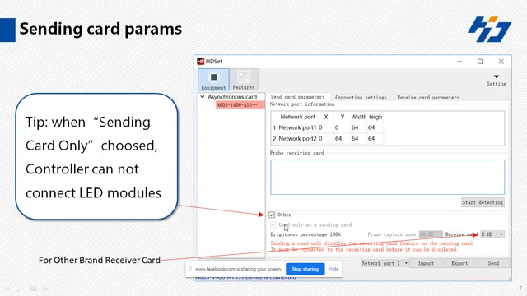तो क्या है, जब आप C15 यूज कर रहे हैं किसी रिसीविंग कार्ड के साथ और C15C या फिर C35C से आपने कोई भी मॉड्यूल कनेक्ट नहीं किया है, आपने रिसीविंग कार्ड से मॉड्यूल्स कनेक्ट किए हैं और C15C को आप ओनली एज अ सेंडिंग कार्ड यूज कर रहे हो, तो आपको इस पे क्लिक करना पड़ेगा कि आप उसको सिर्फ यूज ओनली एज अ सेंडिंग कार्ड कर रहे हो। क्योंकि जब तक आप इस पे क्लिक नहीं करोगे वो उस C15 और C35 को भी एज अ रिसीविंग कार्ड काउंट करेगा। और वो आप चेक भी कर सकते हैं कि अगर आपने 4 रिसीविंग कार्ड कनेक्ट किया है तो आपको टोटल, जिसमें एक आपका सेंडिंग कार्ड होता है।